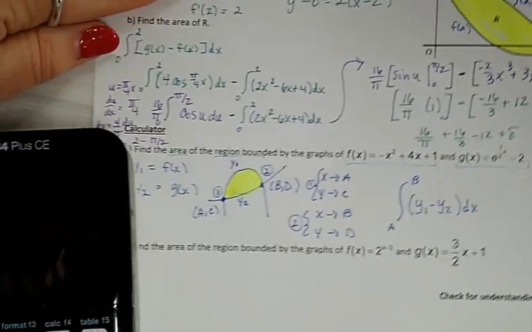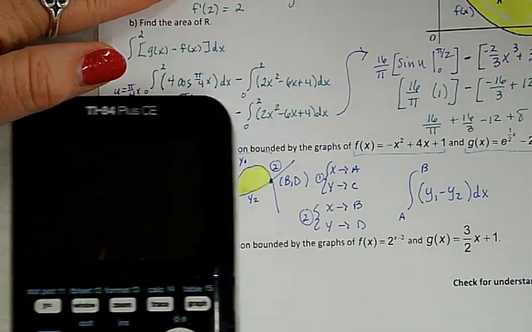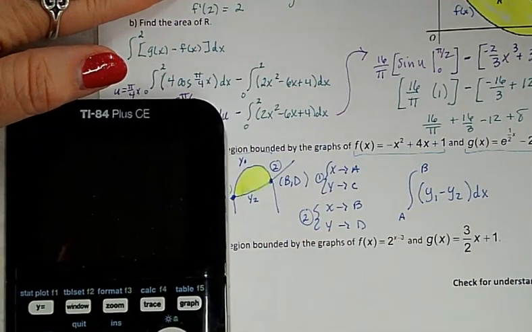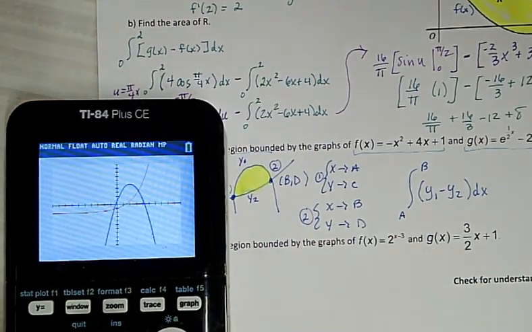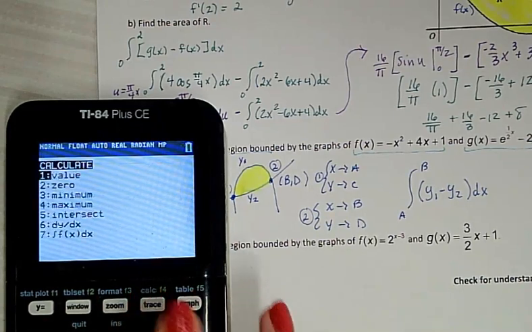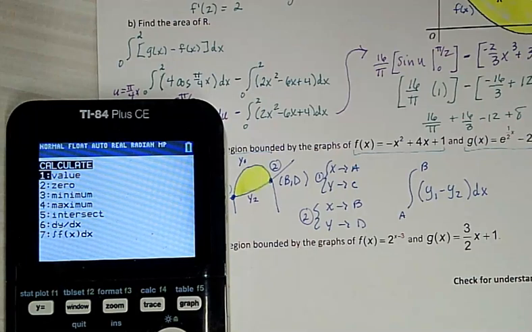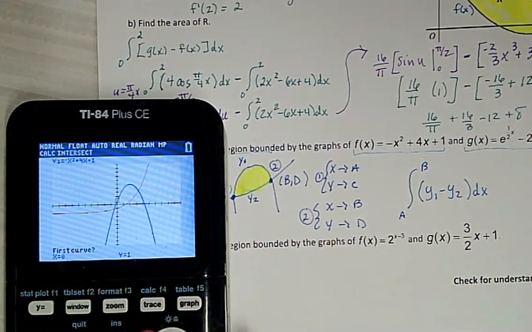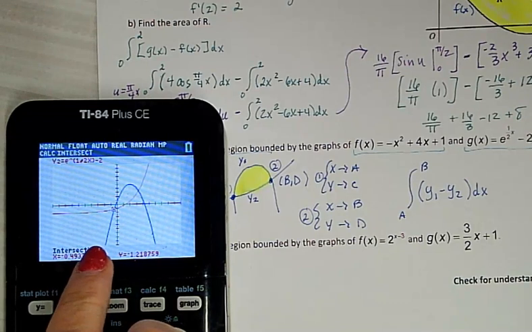Okay, so let's move it so you can see. I think we're okay here. All right, so I have my graph. So I'm going to do second trace, which is where our intersection tool is. We've learned to use it in Algebra 1, Algebra 2, and in Pre-Cal. We did it again. So then I'm going to move my cursor over close to the intersection on the left. I'm going to hit enter 3 times, and I'm going to wait until I see the words intersection down here